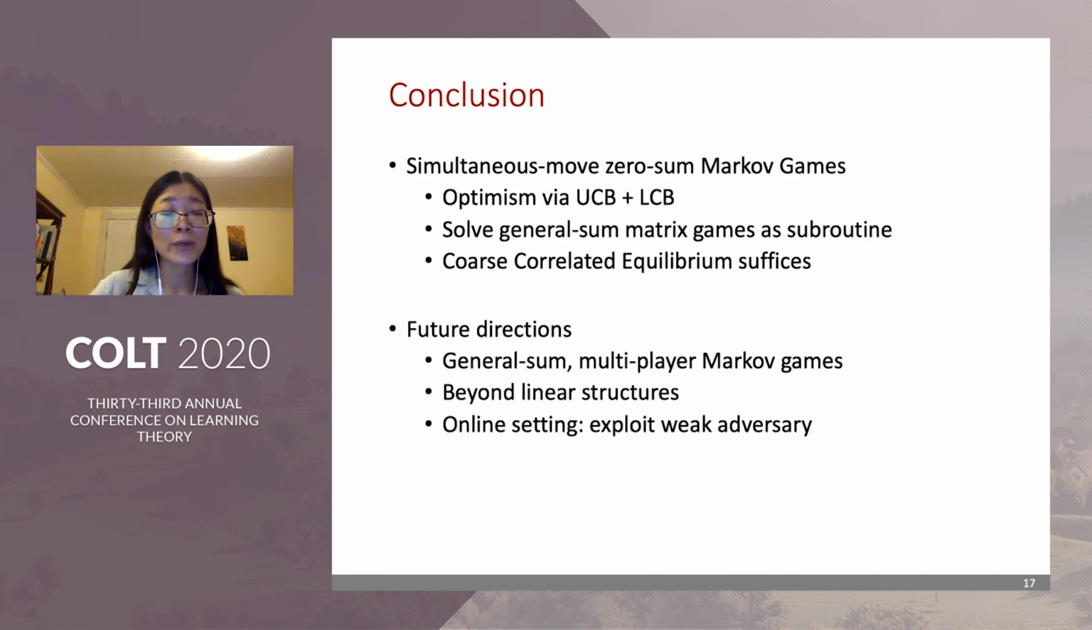To sum up, we consider reinforcement learning for zero-sum Markov games with simultaneous moves. The key idea of our approach is to use the principle of optimism in the face of uncertainty. And a key subroutine of our algorithm is to solve the CCE of a general sum matrix game, which might be of independent interest. There are some interesting future